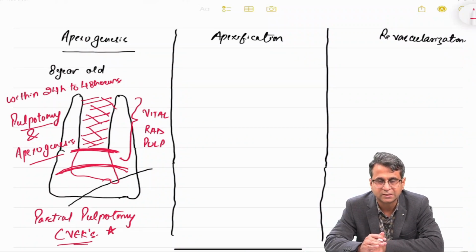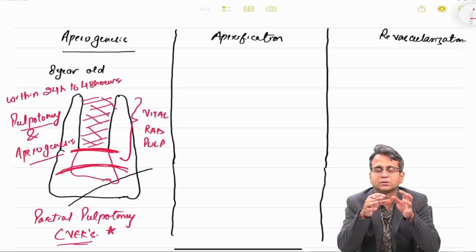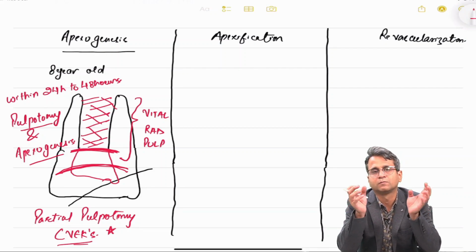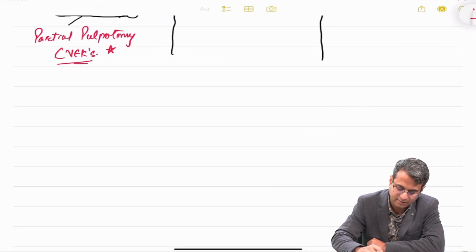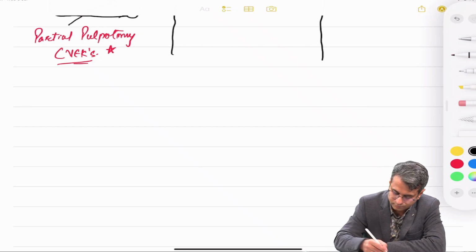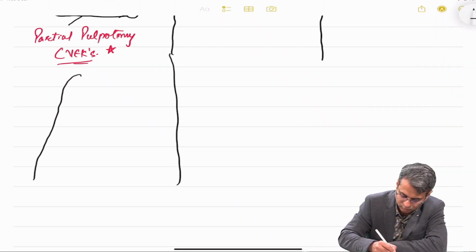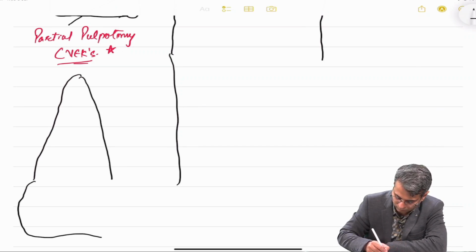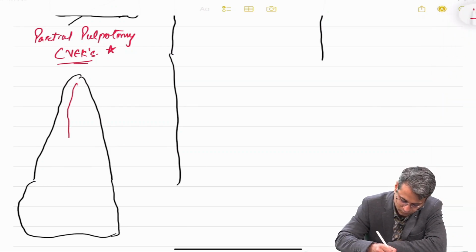So apexogenesis, I hope it is clear. Naturally the root apex will close because it is a normal phenomenon. So the root wall will thicken and the root length will also increase. So eventually, what we will have is this picture,